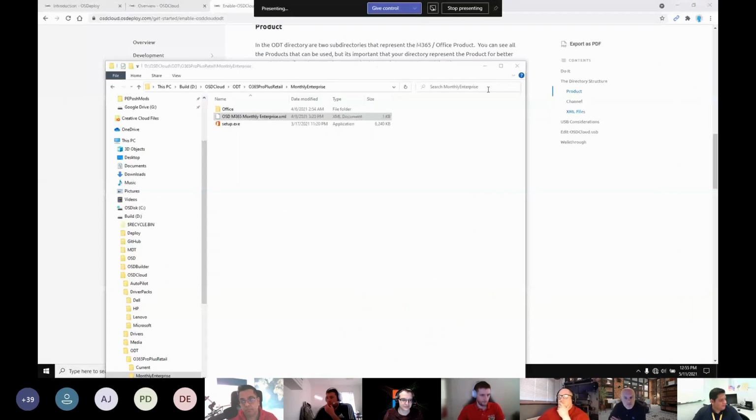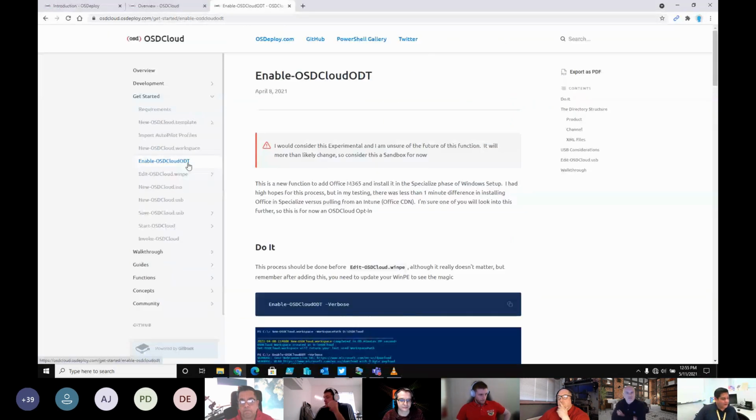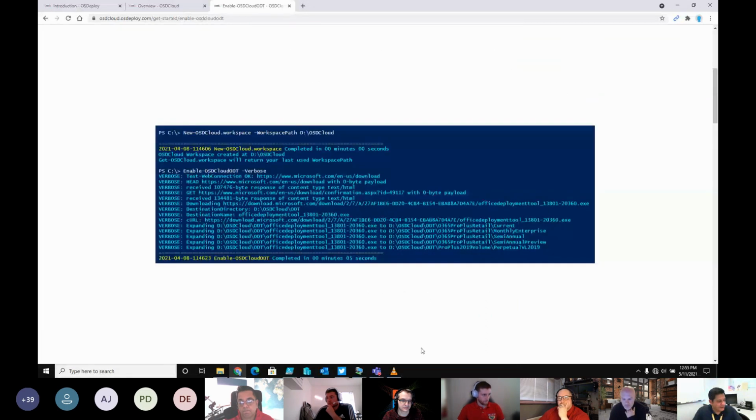So on OSDeploy.com, there is under Get Started, Enable OSDCloud ODT. That stands for the Office Deployment Tool. And this is what you're going to use to actually enable ODT in OSDCloud.